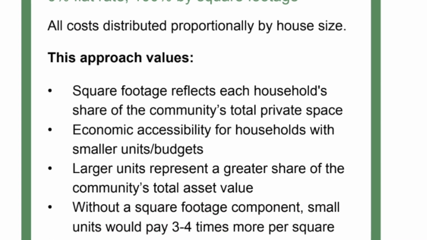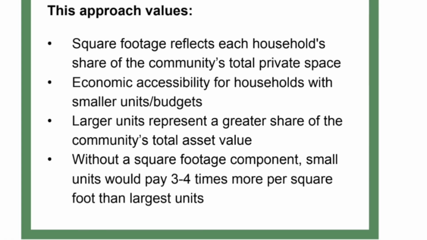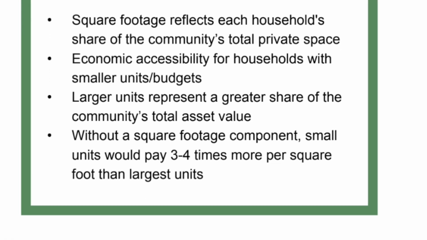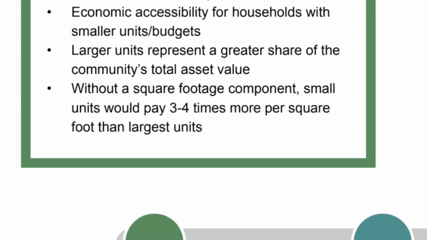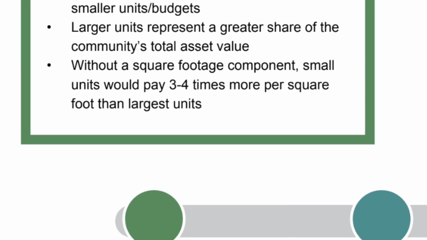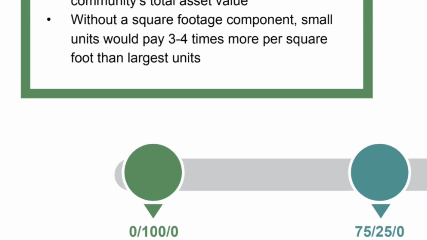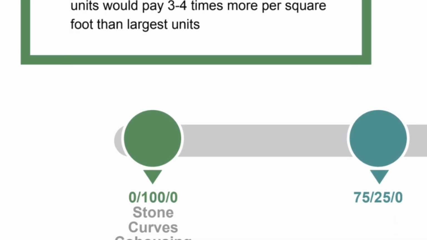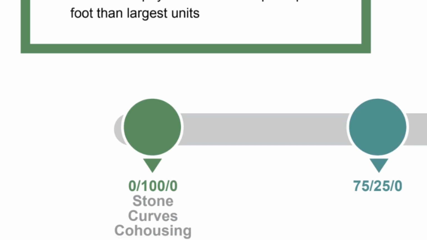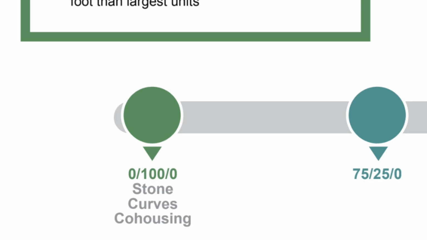The values emphasized in this model are that square footage reflects each household's share of the community's total private space, economic accessibility for households with smaller units or budgets, larger units represent a greater share of the community's total asset value, and cost per square foot fairness. Without a square footage component, small units would pay 3 to 4 times more per square foot than the largest